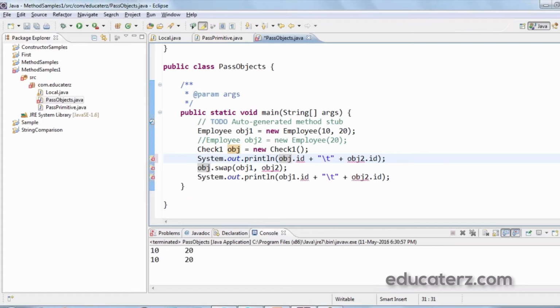that is, System.out.println, I need to pass obj1. So for that I have to print obj1.id1 and obj1.id2.